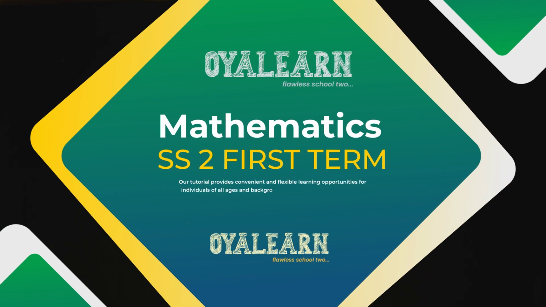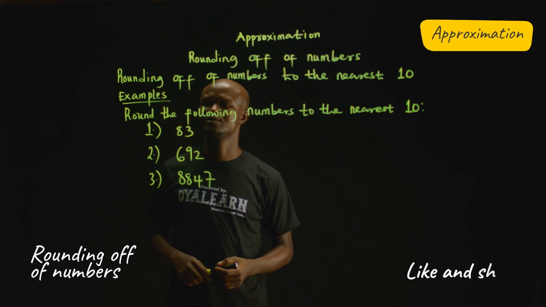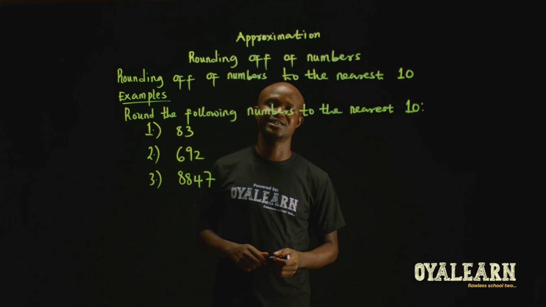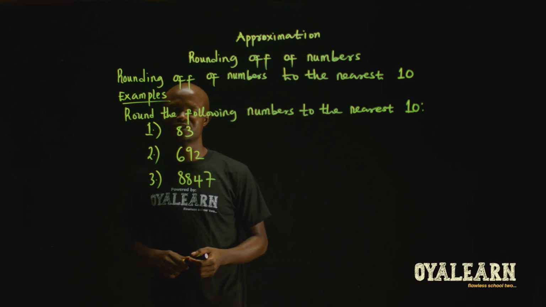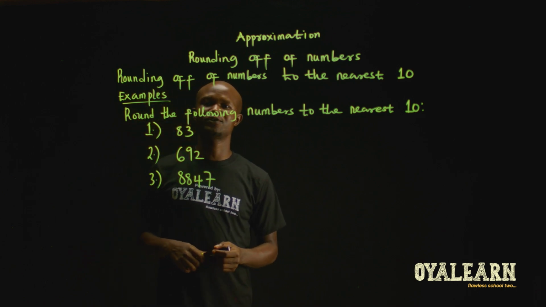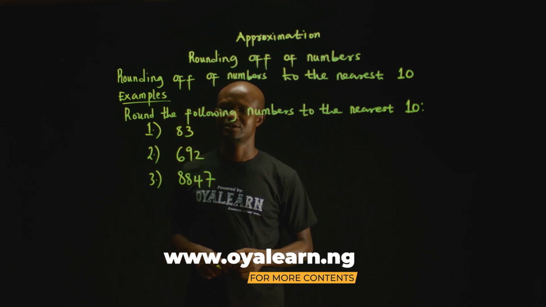Rounding off of numbers to the nearest 10. Examples. Round the following numbers to the nearest 10. The first question, 83. The first thing for us to do here is to apply what we call the principle